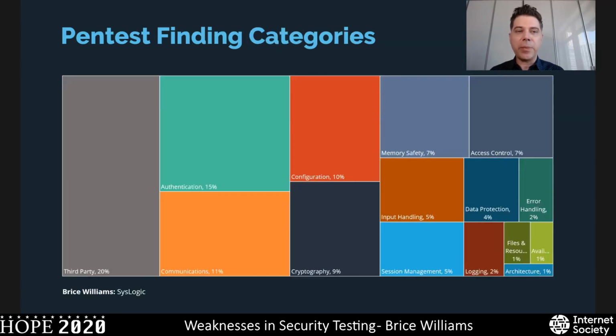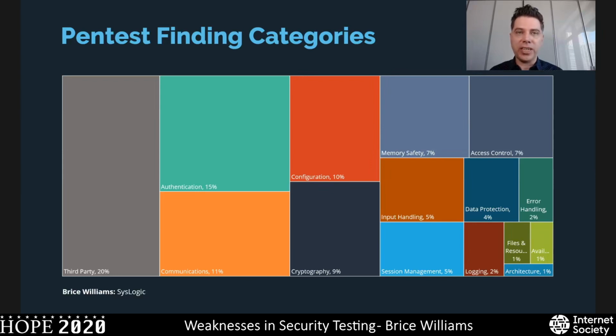This next slide looks at pen test finding categories. This chart's based on vulnerability types per pen test. So you can see on the left-hand side, we have more third-party based findings as opposed to access control, for example, on the far right. That's to be expected. A lot of modern software uses a lot of open source. So that open source has published security vulnerabilities in them, so a good number of the findings likely fall into